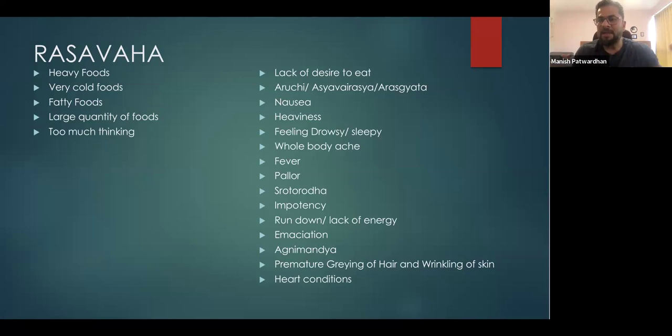What has that to do with the heart? So basically it is like one place where all these three are present. Prana is located in the heart, mind is located in the heart, and Rasa Dhatu also, the main organ of Rasa Dhatu is heart.